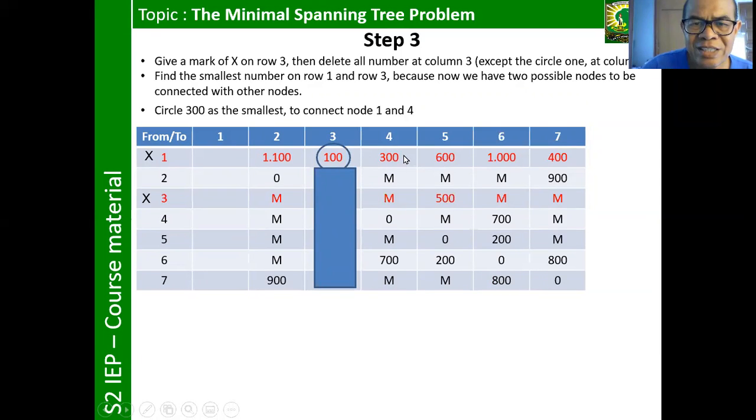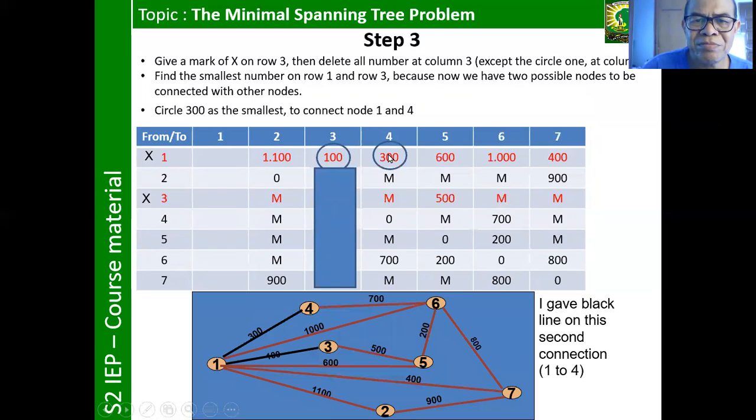We see 300 is the nearest one, and we circle it. So we now have 1 to 3, and 3 to 4.